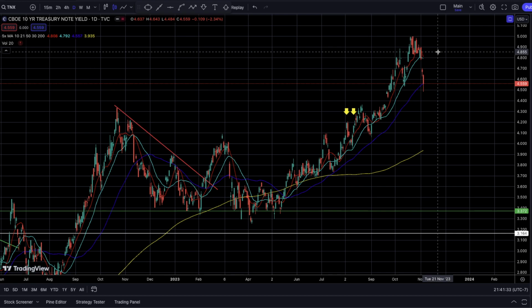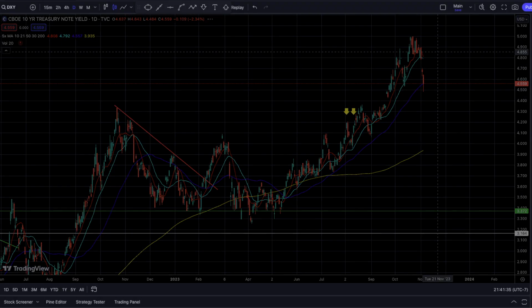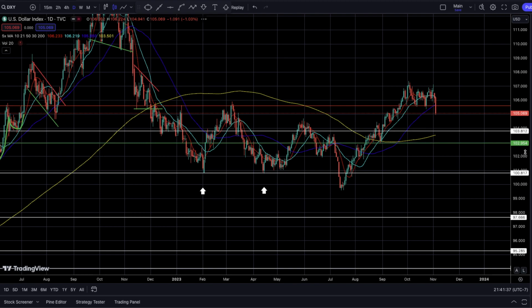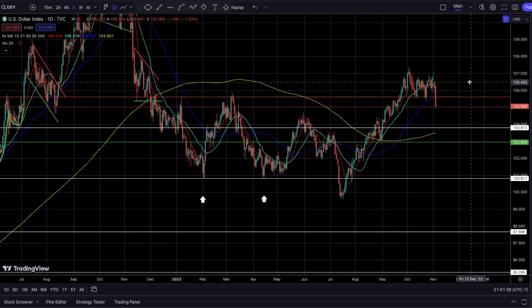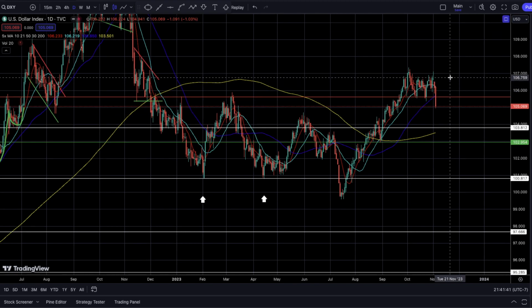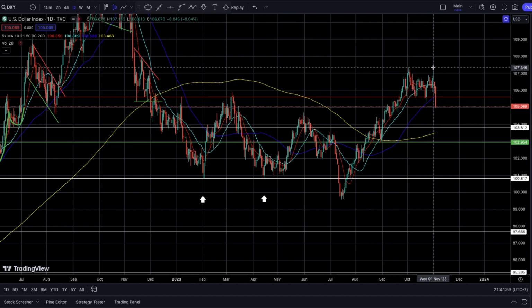And we also saw the dollar coming back down too. And I'm glad we actually got that long-term UUP position to go along with the dollar, I believe it was on Halloween that we got that position. And actually, I decided to add on Wednesday too. So from Tuesday and Wednesday.